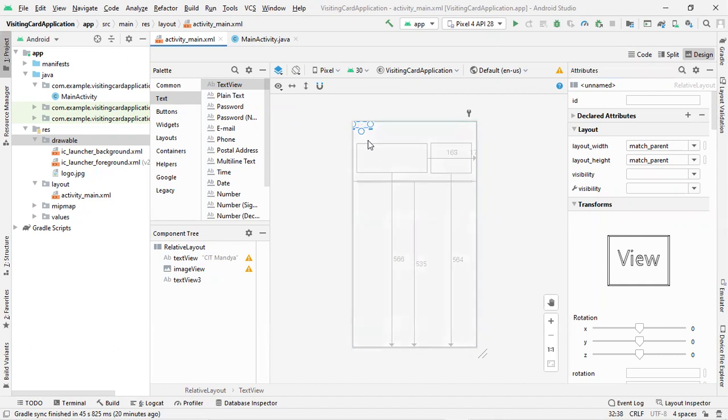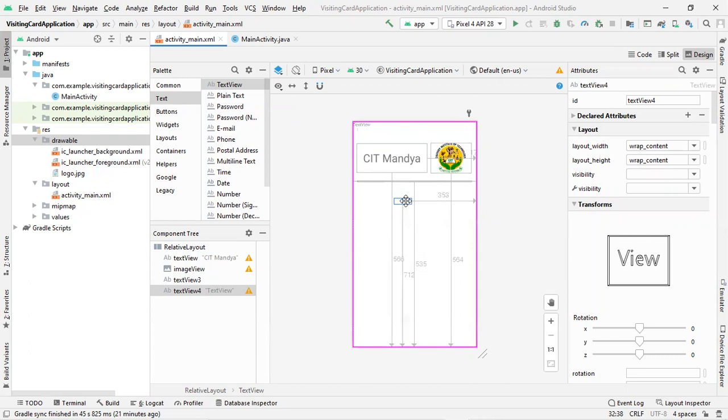As soon as you add a text view component, you need to do the relative positioning of the component with respect to the layout. So with respect to the layout, I'm assigning the relative position. Then you can drag and drop to whichever place you want. Once you drag and drop to whichever place you want, then you need to give the employee details. As the requirement was given, this employee details needs to be the name of the employee.